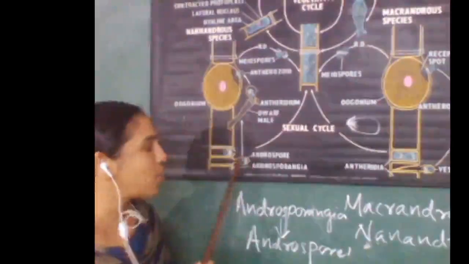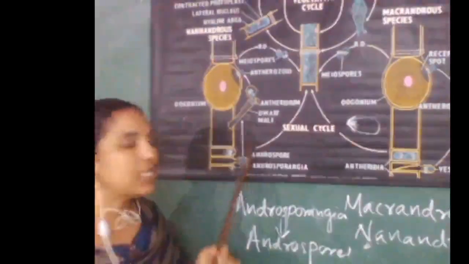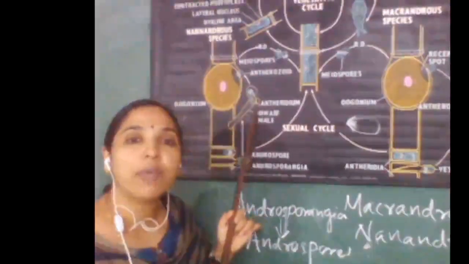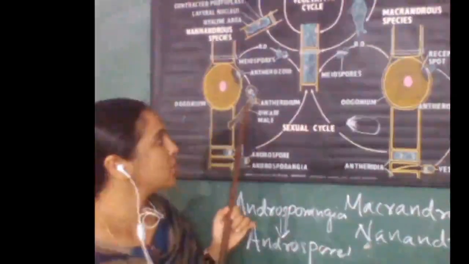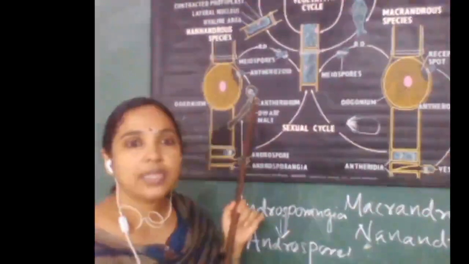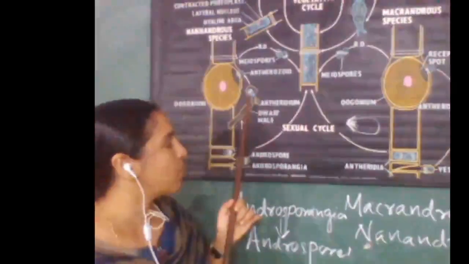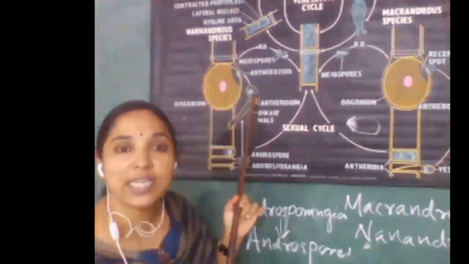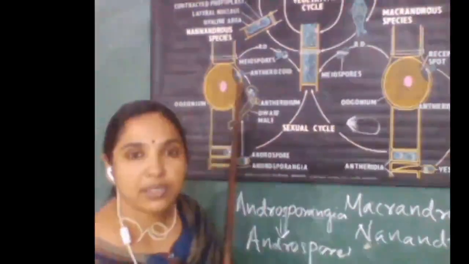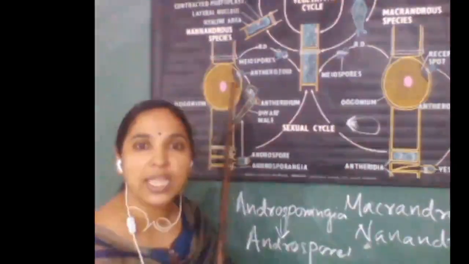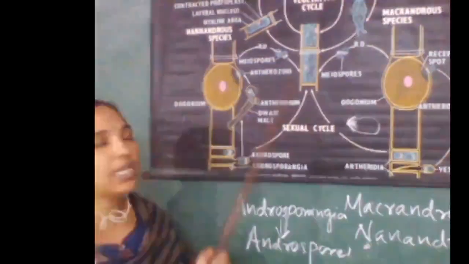Androspore is formed in androsporangia. That is also similar to antheridia. The androspore is liberated, germinates and forms the dwarf male or Nanandria. This Nanandria or dwarf male has a stalk cell and an apical cell. The apical cell or tip contains the antheridium. That antheridium produces androzoids, multiflagellate androzoids. Androzoids swim and attach to the oogonial cell. Fusion takes place with the egg, fertilization occurs and the zygote is formed. This is sexual reproduction in Oedogonium.